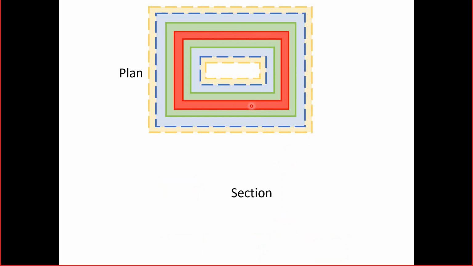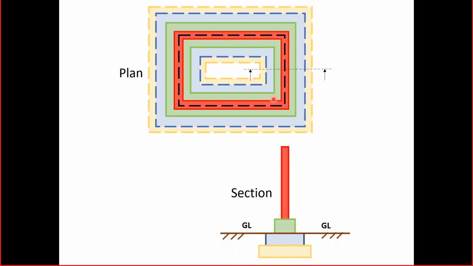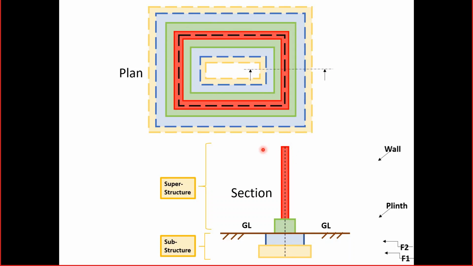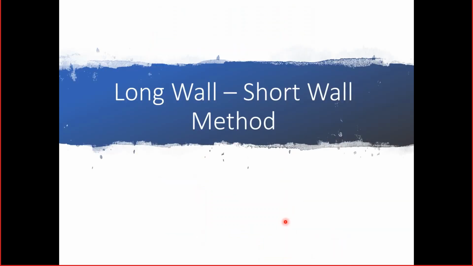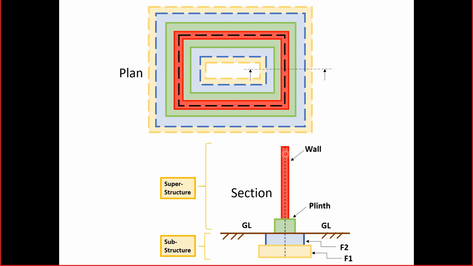Once I draw the center line, as you can observe, it remains the same for all the other items also, right? And if I consider a section, as I told you, anything above the ground level is considered superstructure, anything below is considered substructure, and this is the center line which I have drawn here also, right? Of course this is the wall length, you know all these things. As you can observe, even as indicated in the previous slide, this one single line indicates the whole center line, right?